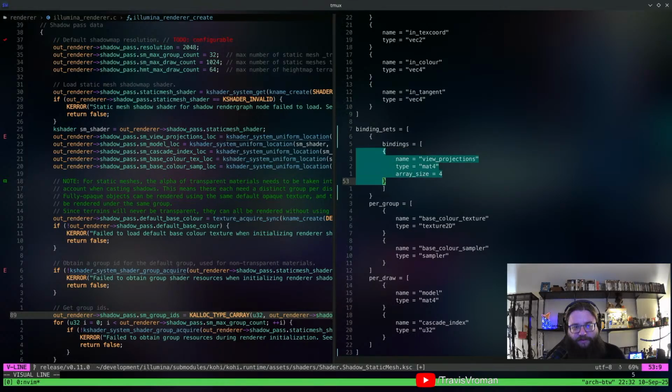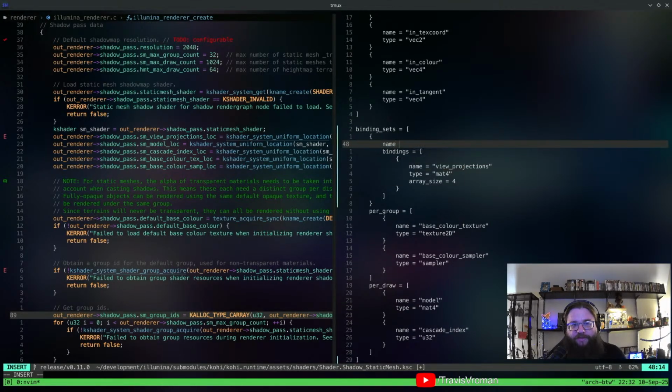We'll move this in. The name for this is going to be, I guess, shadow static mesh global UBO, right?